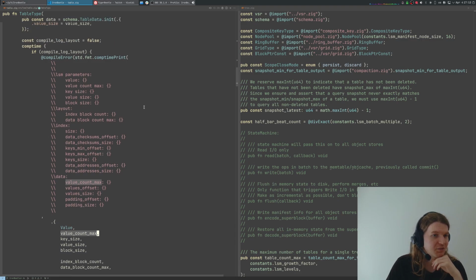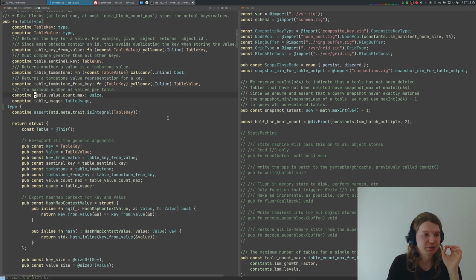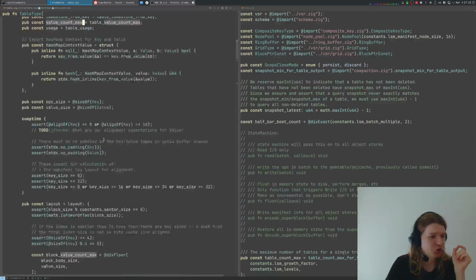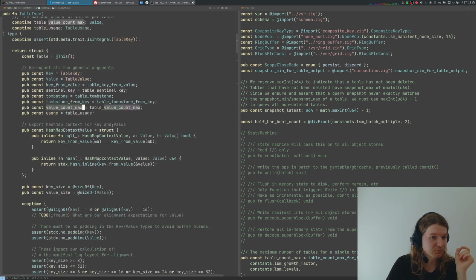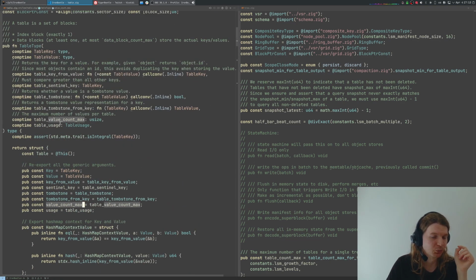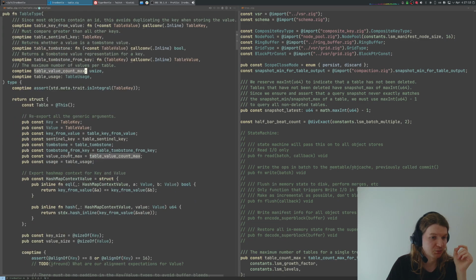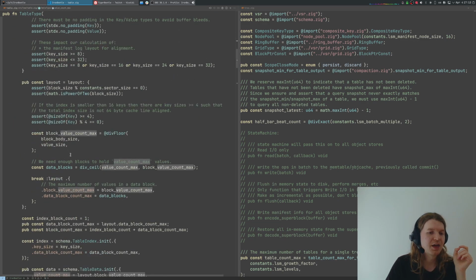So probably the thing we are most interested in is value count max. How many individual values can be stored in the table? This is actually passed in by the caller, and I think here we should try to validate this. If we create a table which stores at most table value count max values, then it needs